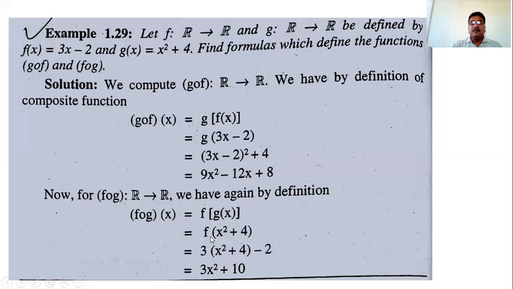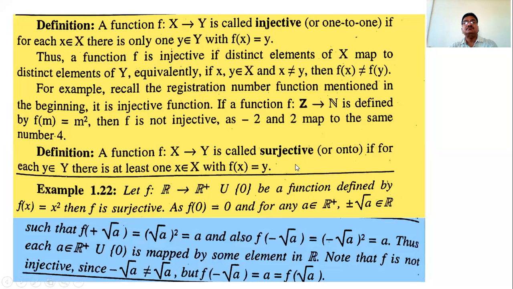And then f of x is what? 3x minus 2. What is f of y? 3y minus 2. That is, replace x by y. Similarly, what is f of x square plus 4? It is 3 into, in bracket, x square plus 4 minus 2 by using this definition. F of x square plus 4 is 3(x square plus 4) minus 2. So we have this answer, 3x square plus 10. So this is the formula for f circle g, and this is the formula for g circle f.